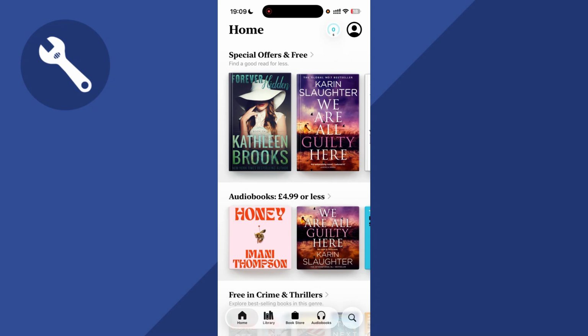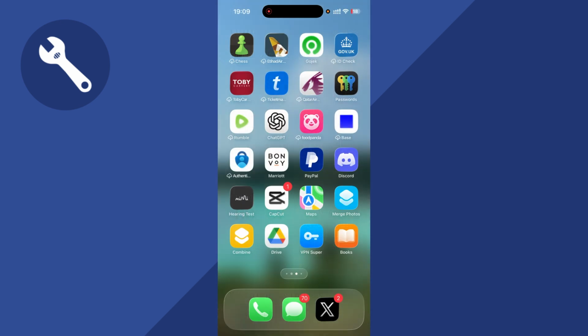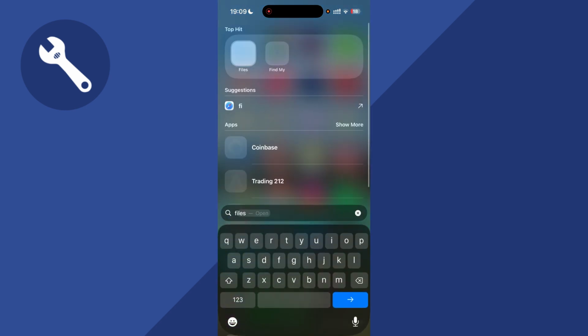How to add a PDF document to the Books app on your iPhone. So if you've downloaded a PDF, I'm going to show you how to add this to the Books on your phone. Now, the first thing you need to do is make sure you've downloaded the PDF and saved it in